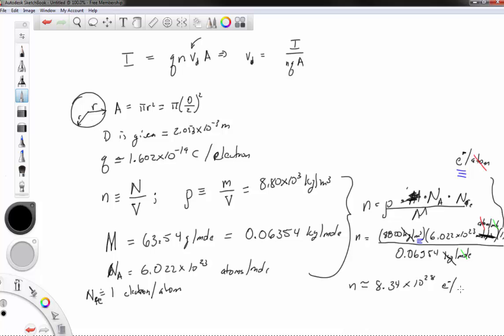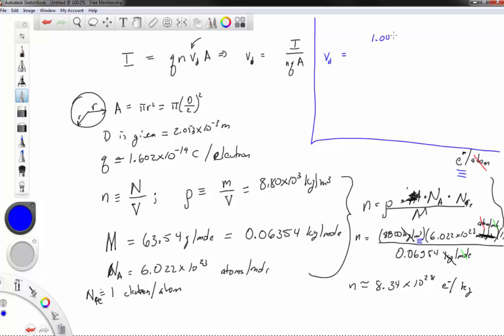So that's how many electrons per cubic meter we're going to have. Okay, so now we can combine all of this information, which we'll do up here where I've got some space to work in. And what you end up with is that the drift speed needs to be, I was 10.0